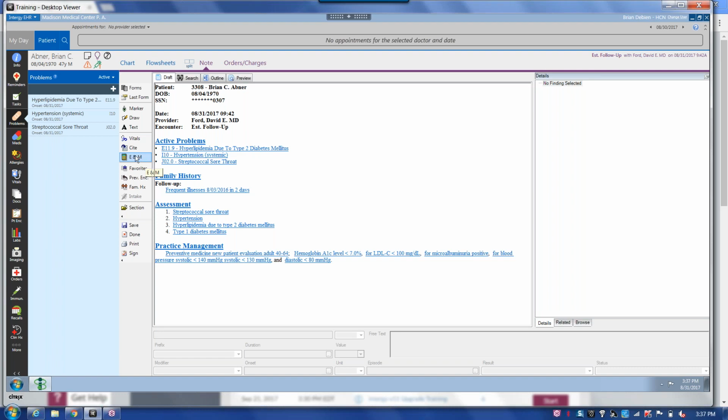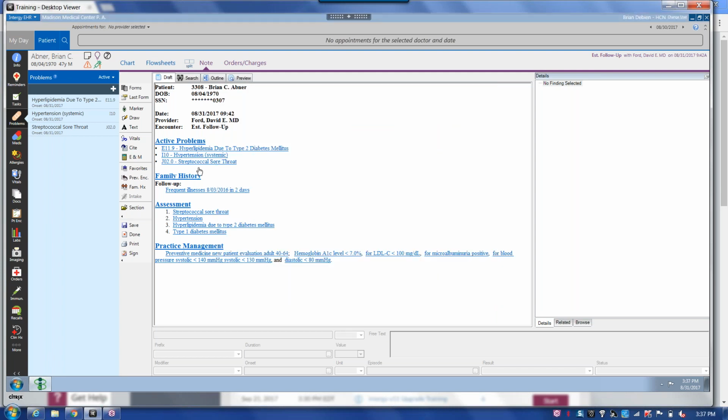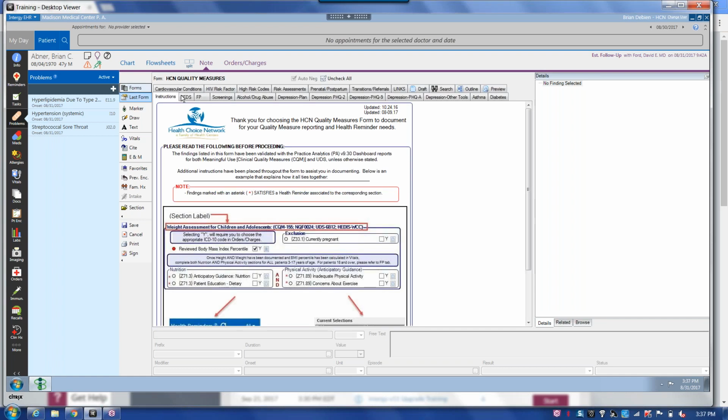notice how your E&M code, if you haven't done this before, your E&M code has a calculator telling you what you've documented so far. It's only a recommended code in terms of the information that's sitting in your note. But I'm not going to accept this at the moment. And the reason why I'm not going to accept it at the moment, if you recall, when I was in the